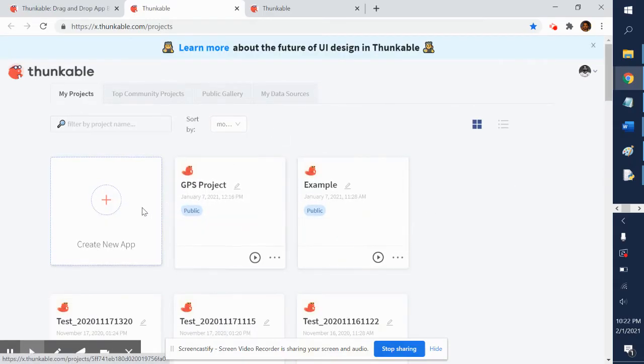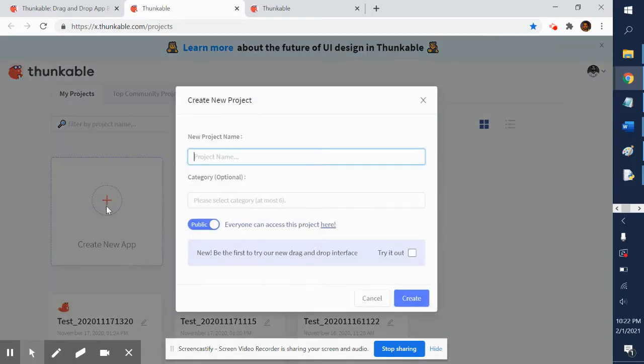Now, this is a list of all the projects that you're working on. So for you, if this is your first time in here, there will be no other projects. There will only be this create new app. So whenever you want to create a new app that you can use on your device, you would click on create new app. If I click on that, it's going to pop up and ask me to name my